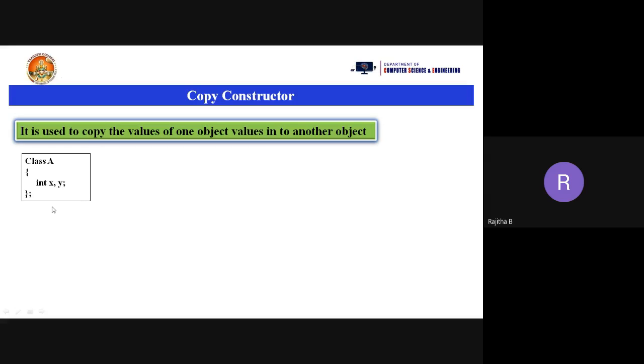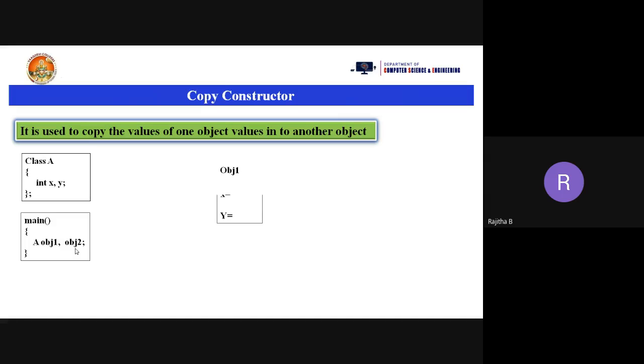Now I am creating the objects in the main function, class name obj1 comma obj2, means I have created two objects for the class A. So what do obj1 and obj2 consist of? obj1 and obj2 consist of the data members of the class, that is x comma y.